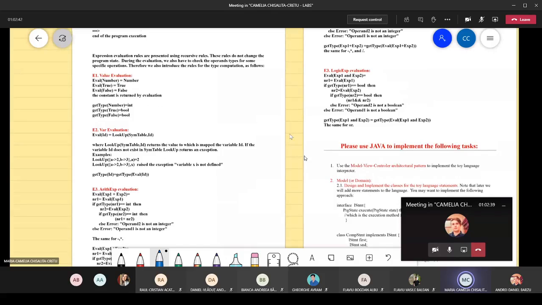Okay, the next part of the file addresses the expressions that you may work with until this point with your interpreter. You may have expressions that refer to numbers, let's say integer numbers and Boolean values. And then you have another type of